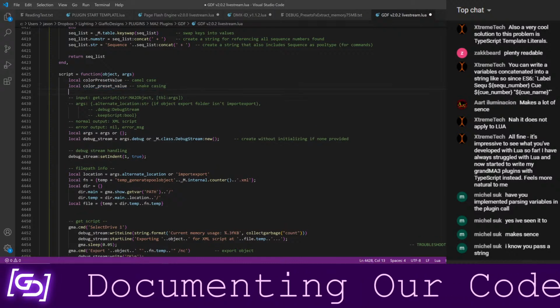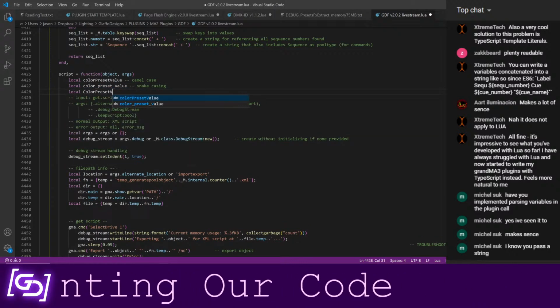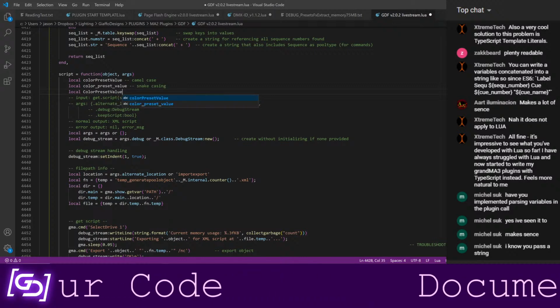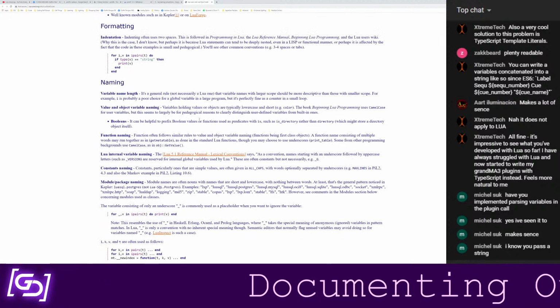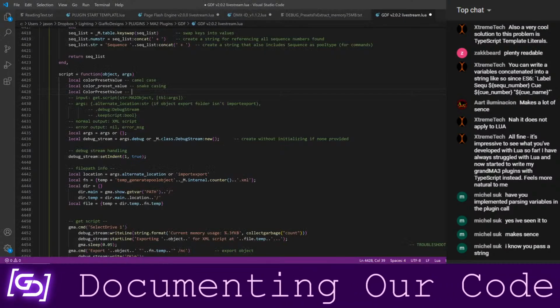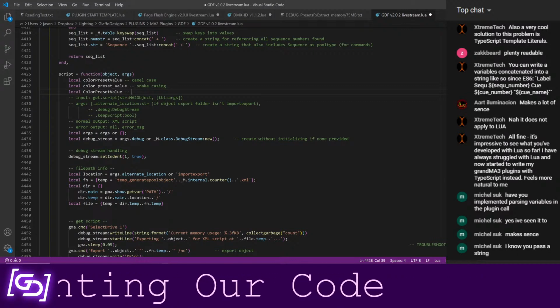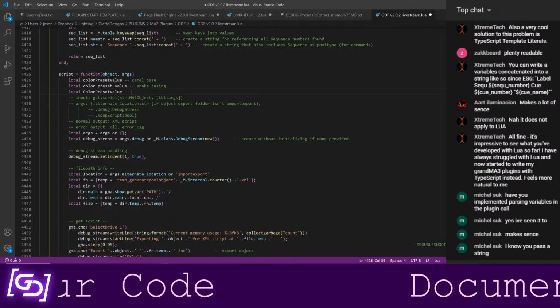I forget what this one's called. There's a separate name for this one, but when you capitalize the first letter of every word, this is used for, I genuinely don't know the name of this one. But this is something you would do more for a class name. So if you have a class, which is basically a template for an object, which we'll get into right after this.